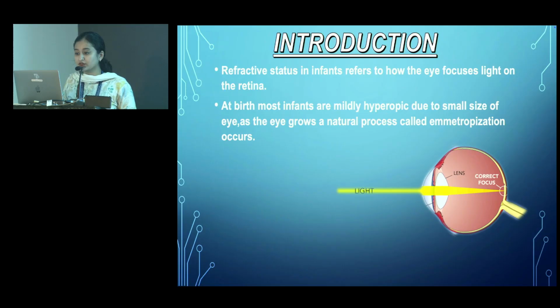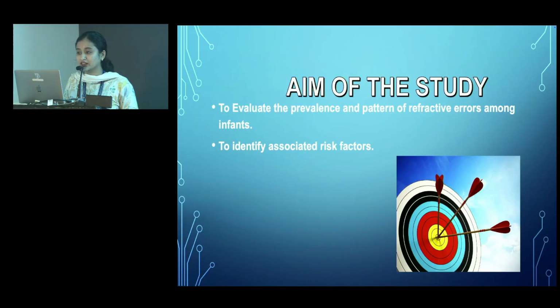At birth, most infants are mildly hyperopic due to small size of eye. As the eye grows, a natural process called emmetropization occurs. Aim of the study: to evaluate the prevalence and pattern of refractive errors among infants and to identify associated risk